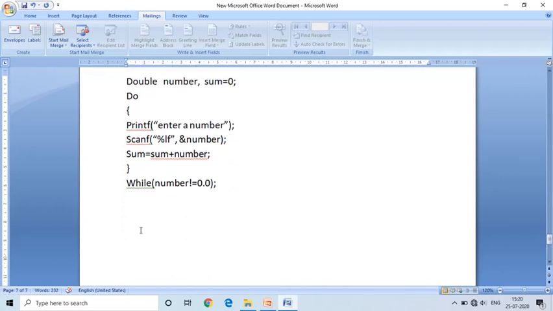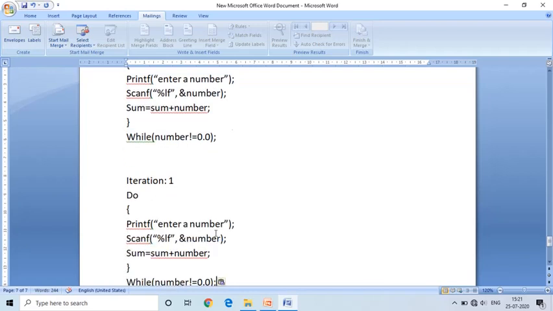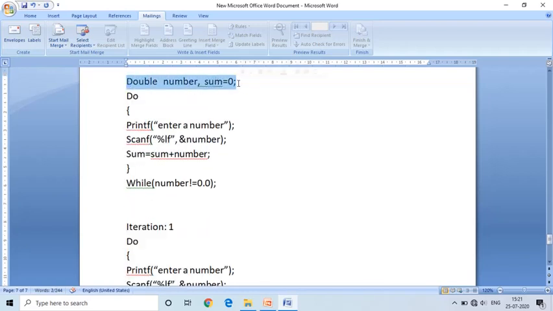In the first iteration, the variable values, these are the two variables, number and sum.